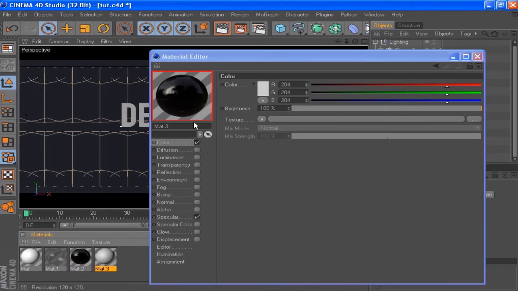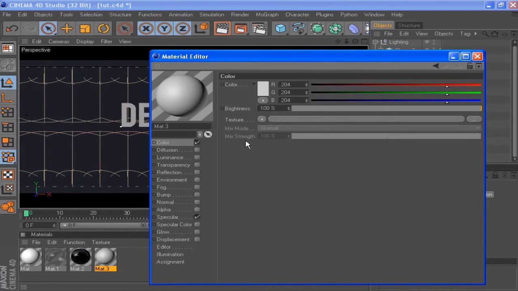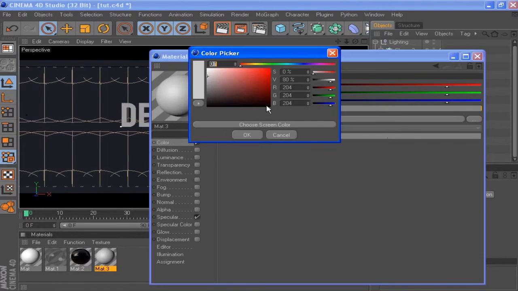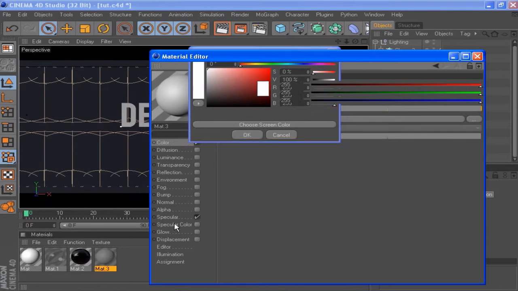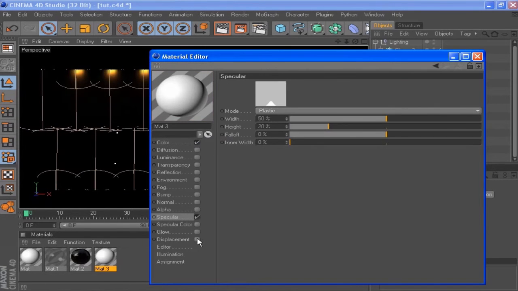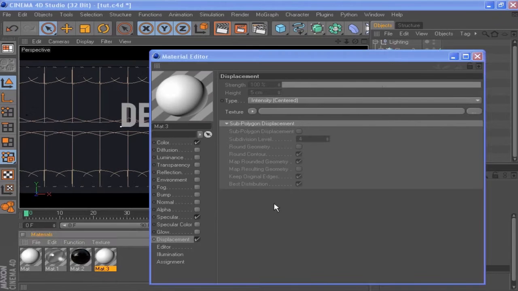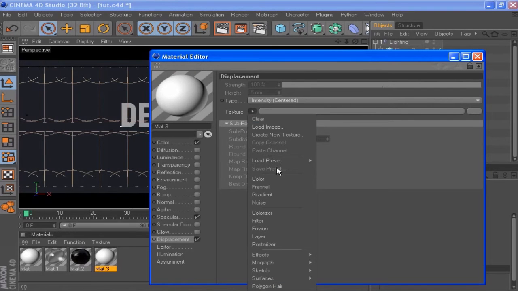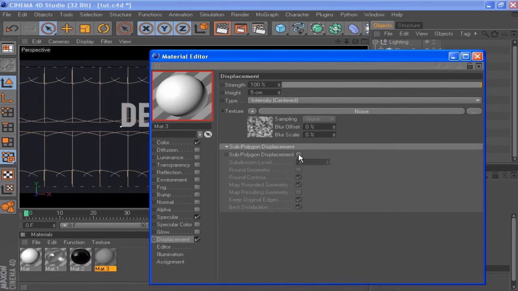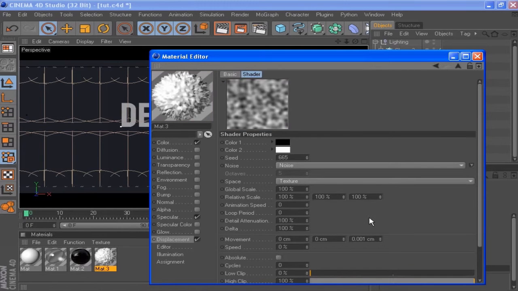Okay, let's go to the next color. In the color channel, I'm going to set the color to white. The specular is going to be default, and I'm going to check on this displacement option. In the texture, I'm going to choose noise, and I'm going to check the subpolygonal displacement. I'm going to set the height to 1, and I'm going to get into the noise and do some